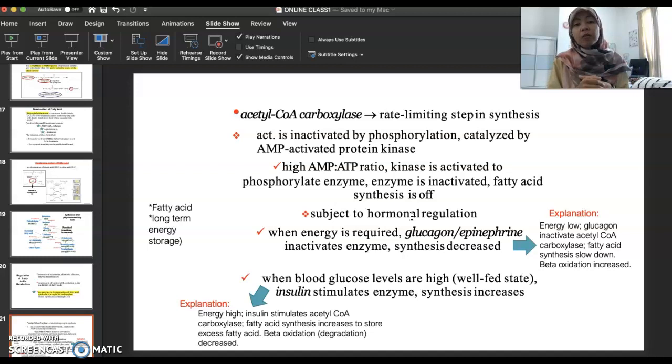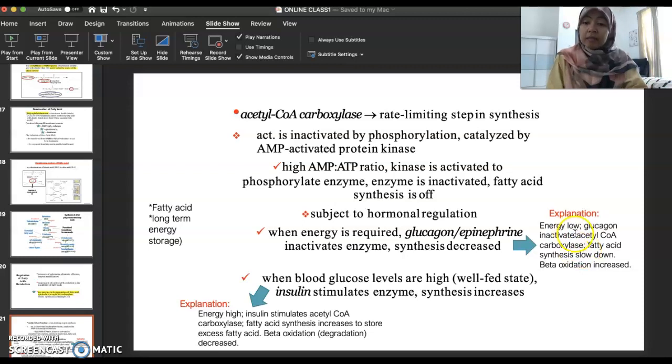Beberapa hormon yang kita dah go through together last time, glucagon, insulin dan sebagainya. Same here in fatty acid metabolism ataupun lipid metabolism. Mereka juga memerlukan pengawal aturan dari segi hormon. Okay, so this one, if you look at my explanation here, let's say the energy is low, dalam keadaan